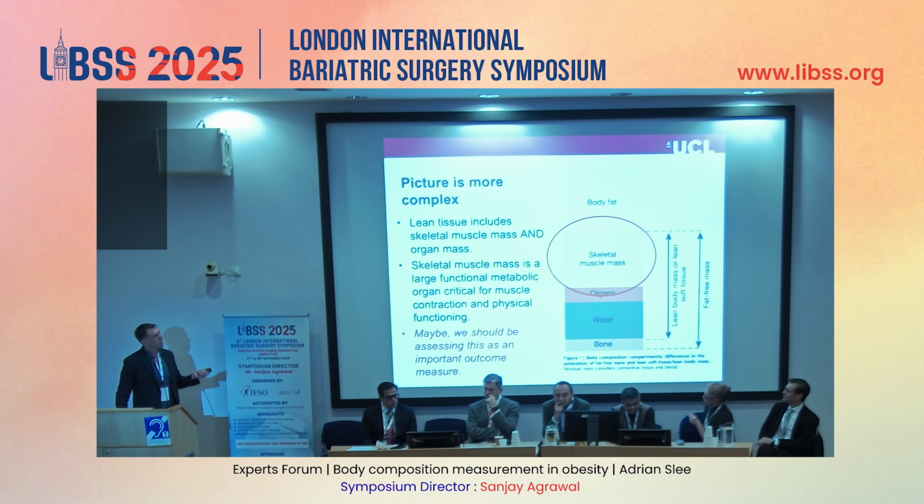The thing I want to get across today is this tissue is absolutely crucial for metabolic and physical function. And you might have patients, for example, at baseline who could be potentially at risk of sarcopenia and frailty because of the effects of aging and disease and because of physical inactivity, okay? So this needs to be considered.